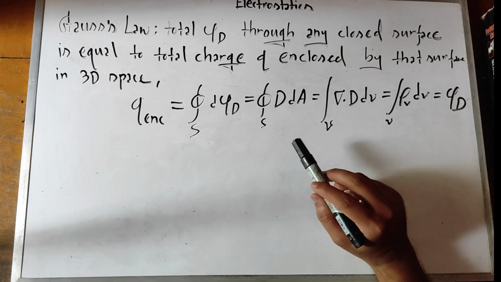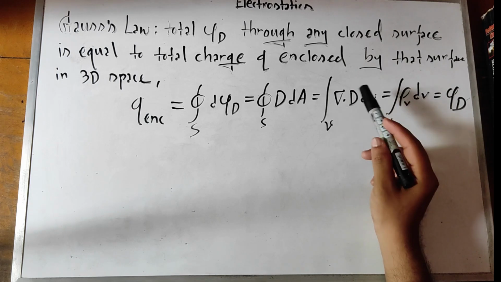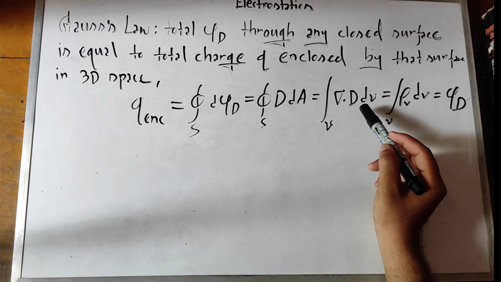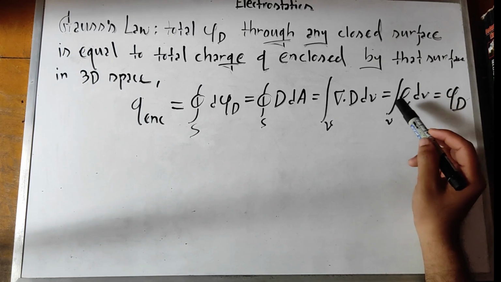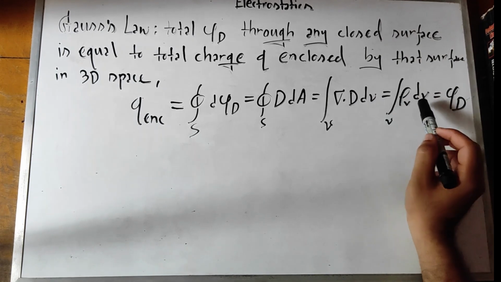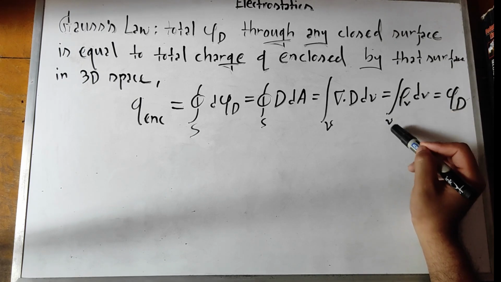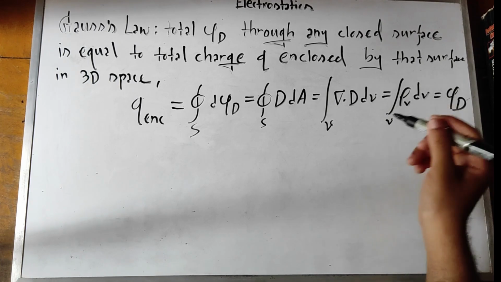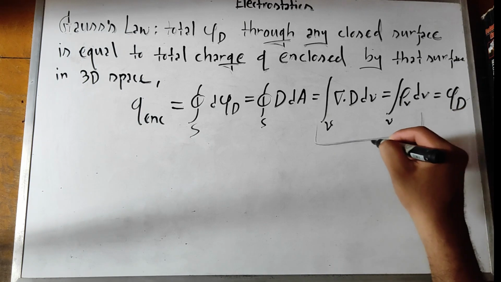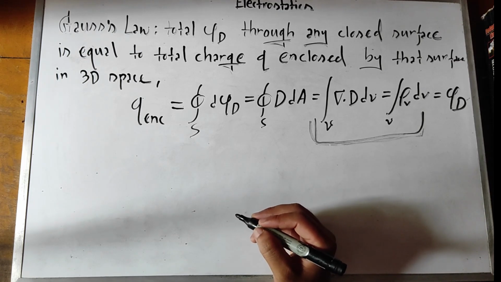So closed surface is volume by definition in geometry. So it can be written like this: the divergence of the electric flux density over a volume, which is literally charge density, the volume charge density over that volume, which is equal to the total flux. So this particular part of Gauss's law gives Maxwell's first law, which is the law for electrostatics,